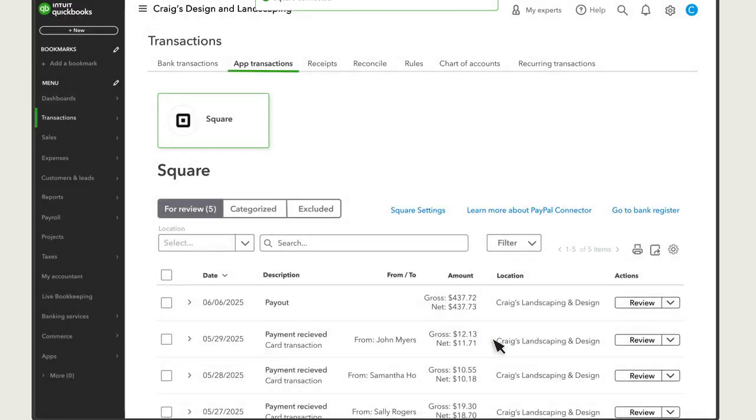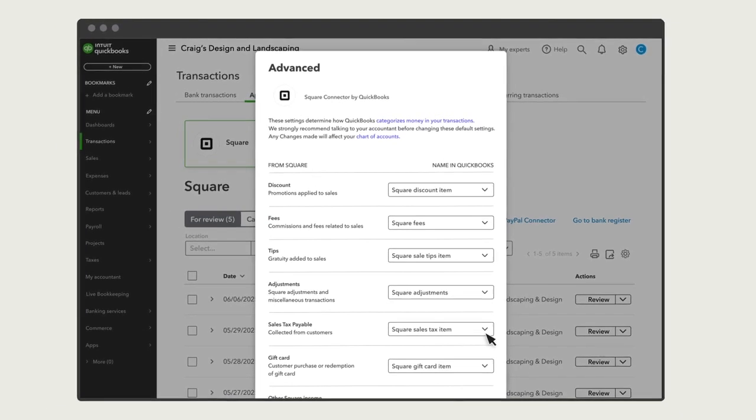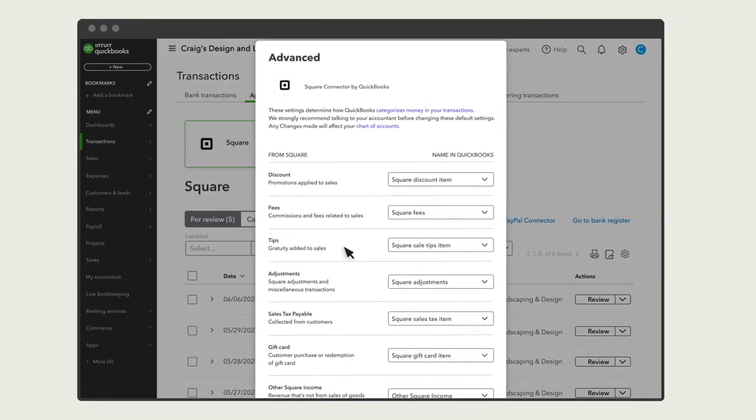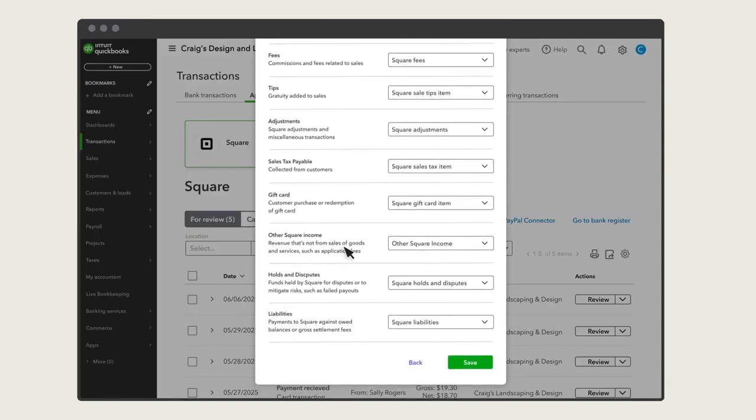Select Sync Now. Your connection is set up. Select Square Settings to review a few additional settings that improve your accounting. The Items and Customer and Vendor settings let you select how you see default sales items, customer names, and vendor names in QuickBooks. Select Advanced. These are the default items QuickBooks uses to best account for additional transaction details like tips, refunds, discounts, gift cards, and more. If you want to change these settings, make sure you talk to your accountant first to ensure your